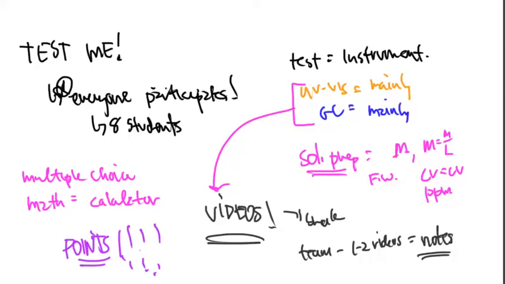So the Test Me is multiple choice. There's typically around 60 questions, give or take a little bit, and you will be given anywhere from an hour to an hour and a half, so 60 to 90 minutes, to answer the test, depending on how complicated the questions and problems are. So you'll go in, a group of 8, and sit down with a multiple choice exam. It will mainly focus on the equipment with a little bit of solution prep and math that comes along with it. And after 60 to 90 minutes, you'll turn in the test.